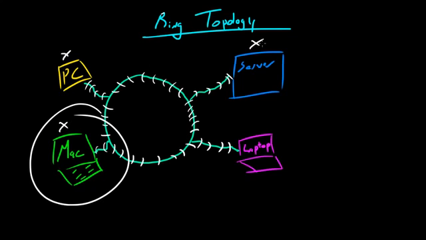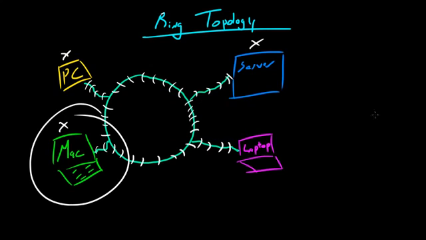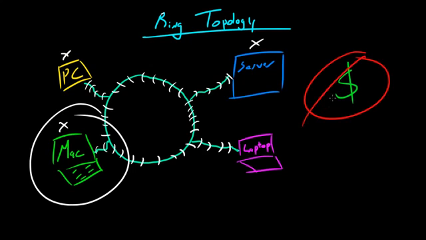But basically overall, the ring topology is better than a bus topology because it can handle volumes of data better than a bus. But the negative part about it is it's usually a lot more expensive than a bus topology. So if you're choosing between a bus and a ring for your home network, if you're not worried about money, then I would go ahead and go with a ring topology. Or if you are worried about money, then you can go with a bus topology. But if you have a lot of volume, then I would definitely recommend getting a ring